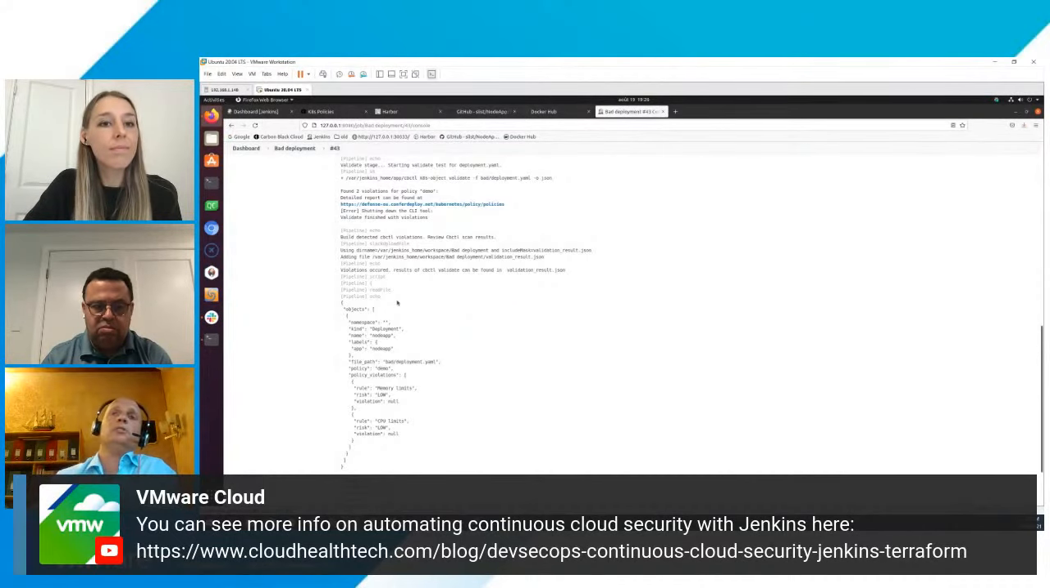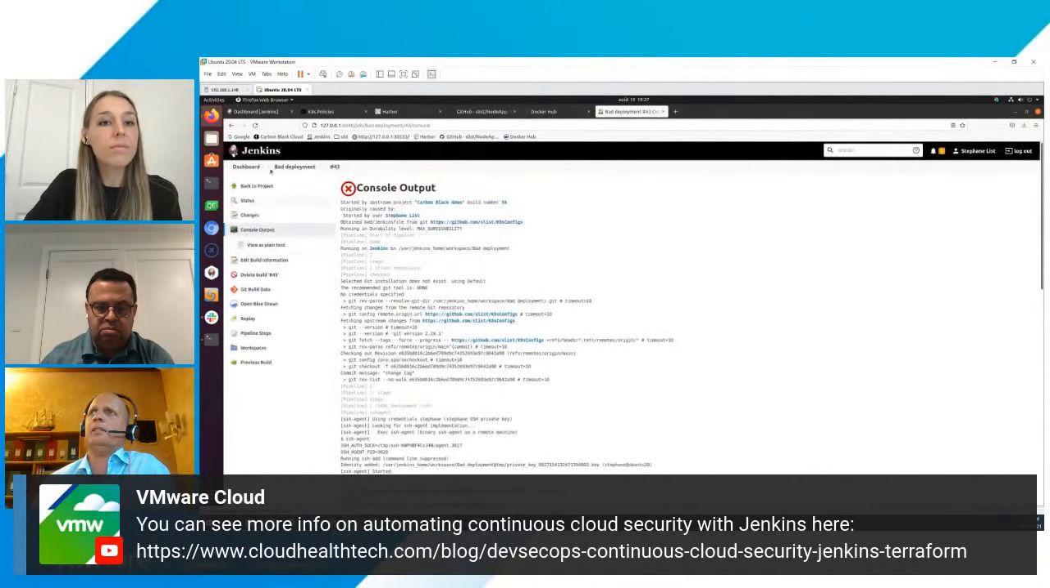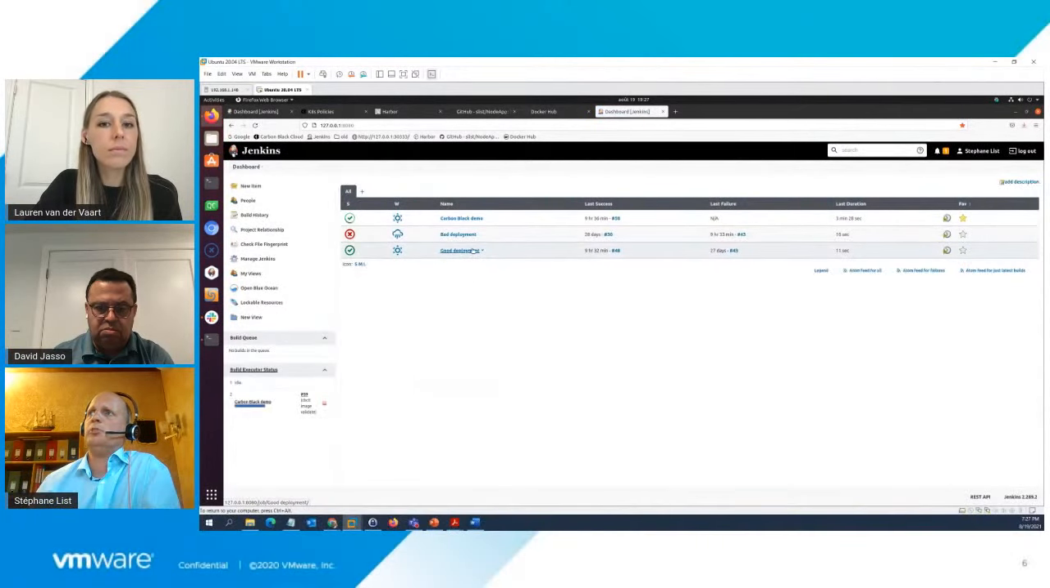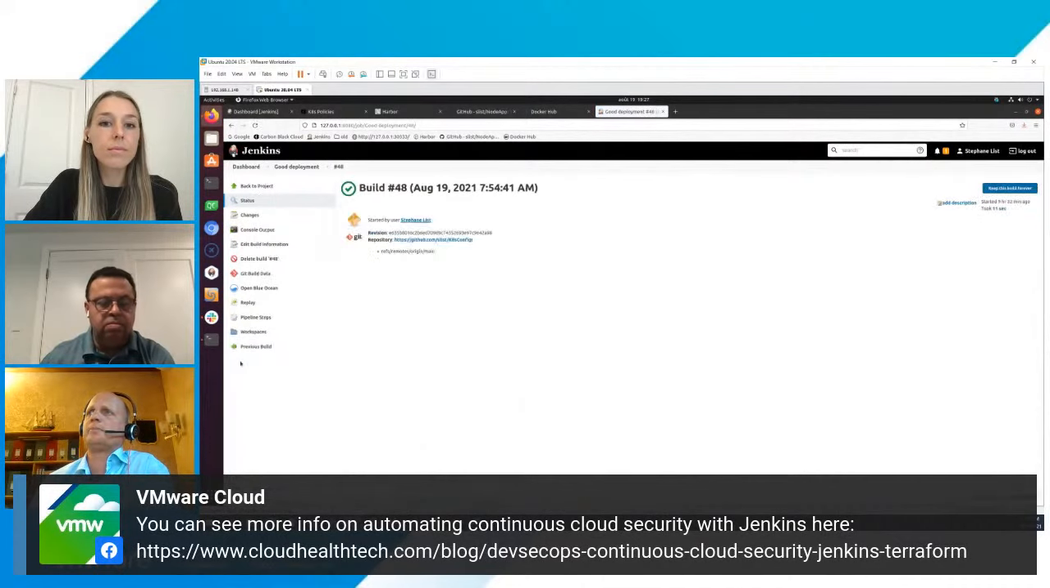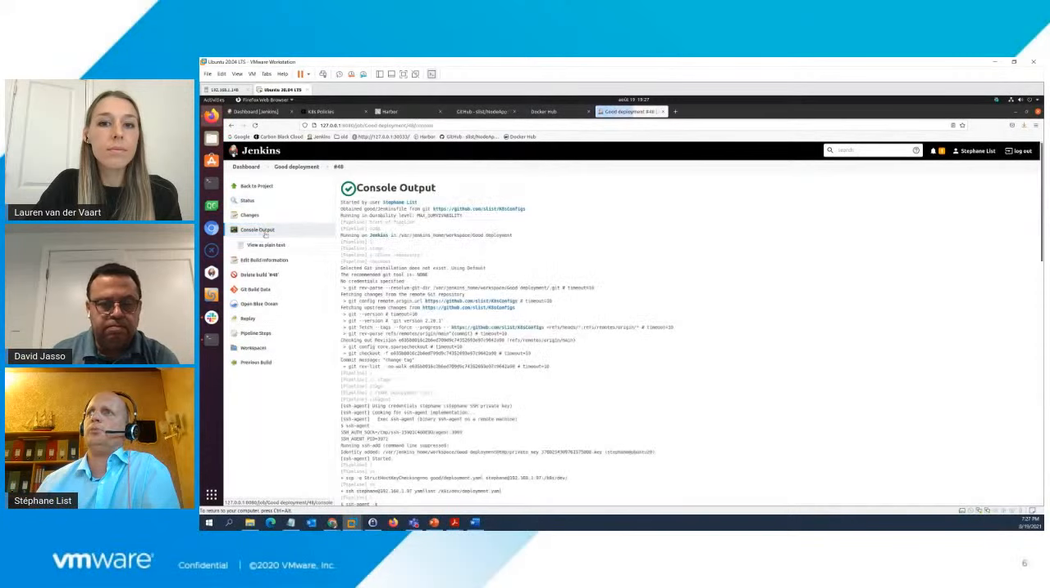So it's not possible, in fact, to run or to deploy the container image in production with this pipeline. With the other one, the good deployment, it is running perfectly. And if I go in the console output,